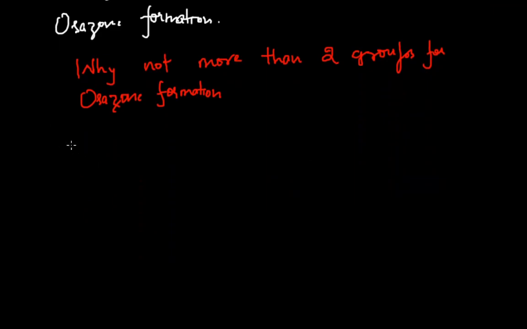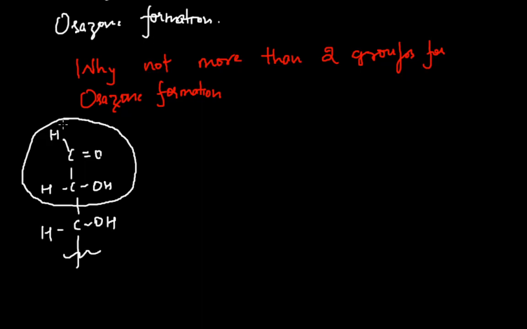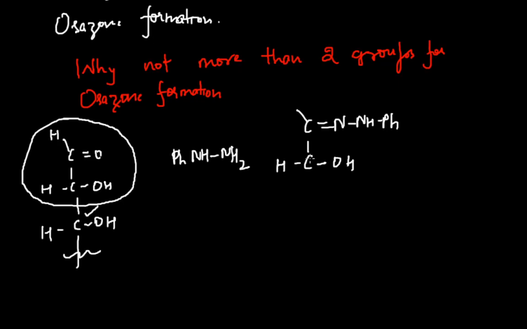Essentially what I'm asking is, this was your starting compound, and only these 2 centers were used for osazone formation. Why not this? This can also be used, right? What happened in these 2 first? You reacted with phenyl hydrazine, and you got your NHNHPh, and